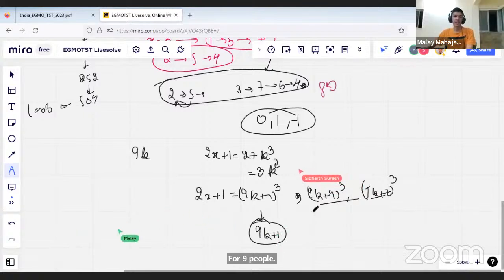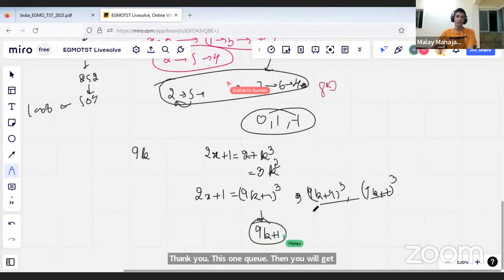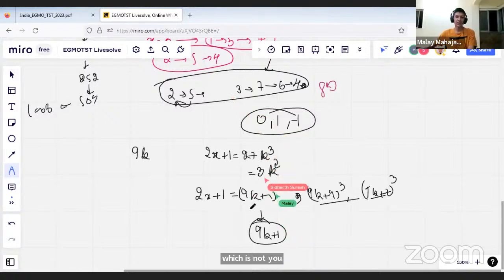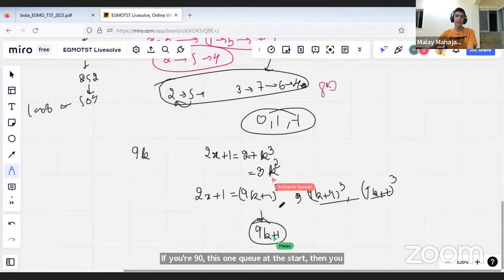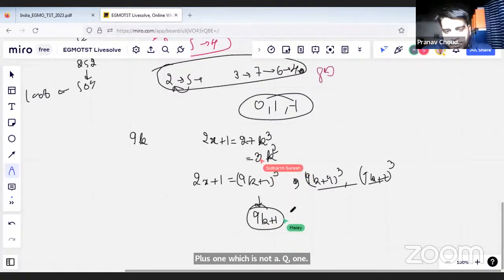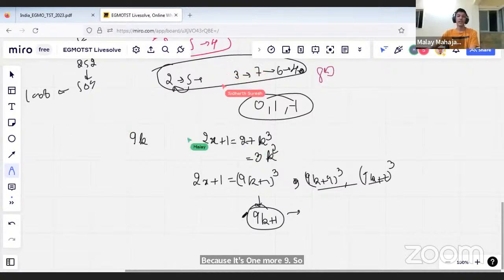Eventually you will get something which is not a cube. If you have 9k plus 1 cube at the start, then you will hit some 9k plus 1 which is not a cube. Yeah, but that's fine. Then we can keep on going, and eventually it will be a cube again, right? Because it's 1 mod 9, so it cycles between 1 and